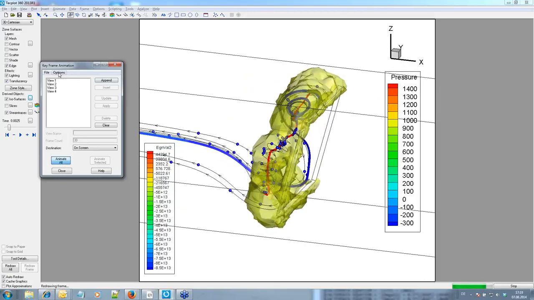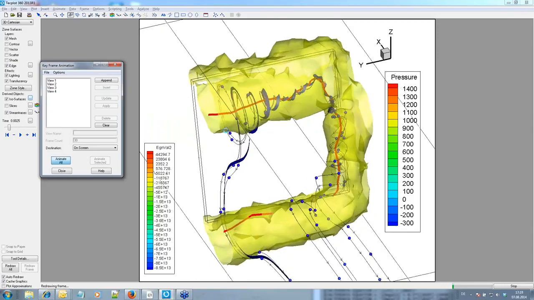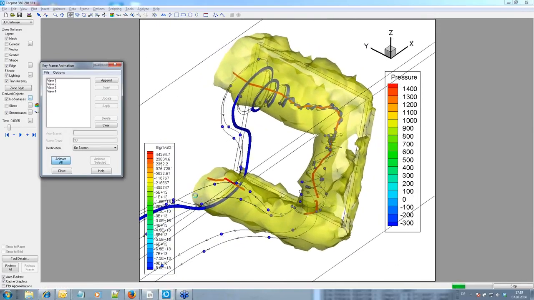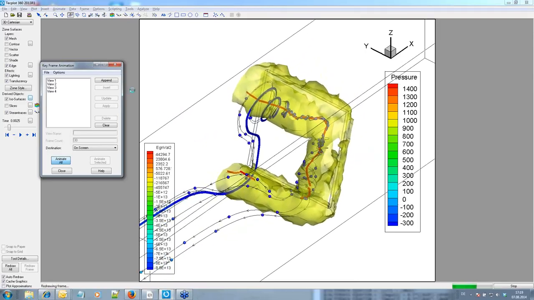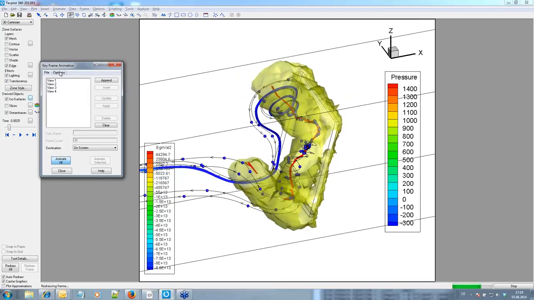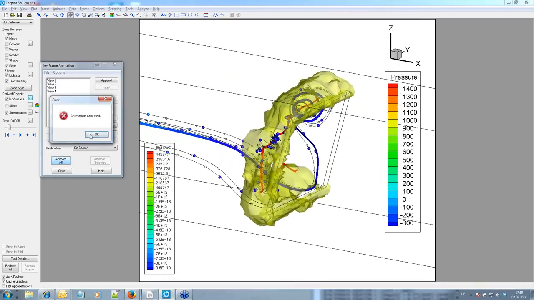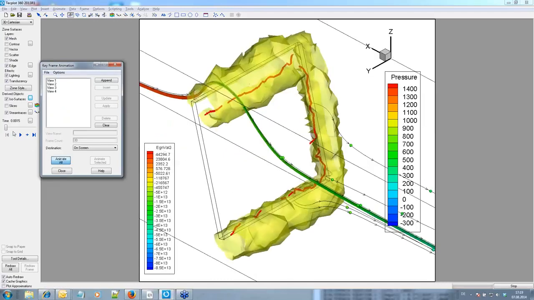Okay, once that is done, other options that may be of interest for you is you can animate the stream traces concurrently. So let me just do an animate all again. You see how the little spheres are following the streamlines while playing that animation. And if you want to go further on in the options dialog, cancel the animation,